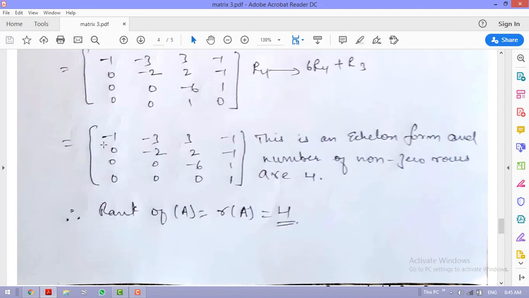So an upper triangular matrix is nothing but the elements where I should be greater than J are 0. So here you can see there is a 0 in the second row, first column, and this 0 is in the third row, first column, and the fourth row, first column. So here you can see I is greater than J.